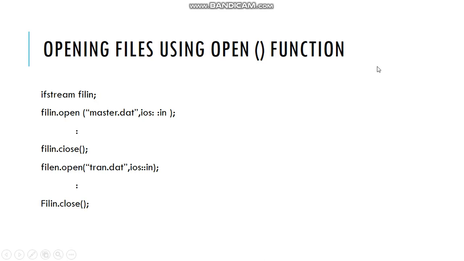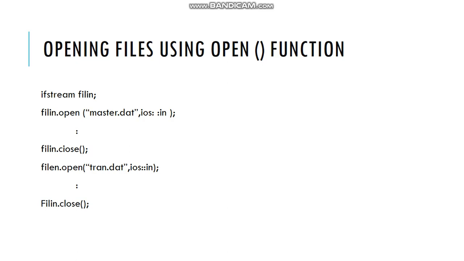The next is opening files using the open function. There may be a situation requiring a program to open more than one file. The strategy of opening multiple files depends upon how they are being used.